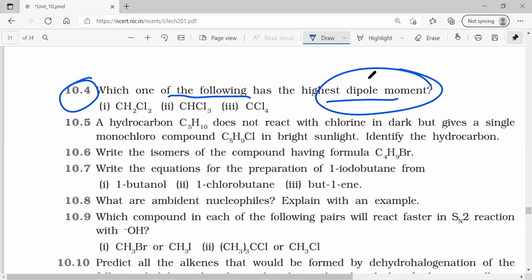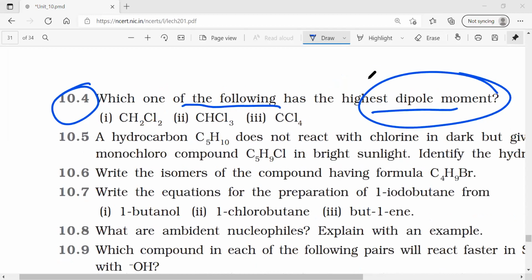First option. So in dipole moment, generally, for the highest dipole moment, we will just see which has got the more number of carbon and hydrogen atoms. So in this case, it's clearly the first option. Correct? And which has got the least number of carbon and hydrogen atoms, it is the third option. So from the entrance point of view, we will do this process of elimination.